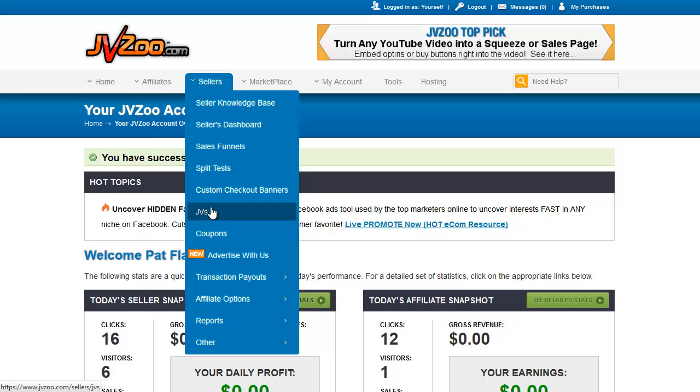For example, suppose you have a partner who's doing some of the marketing for you and you're splitting the profits or the gross or a certain amount of money from the sales. That's where you set it up, in JVs. This is not where you get affiliates. That is something else. Coupons is where you can set up a coupon code for any or all of your